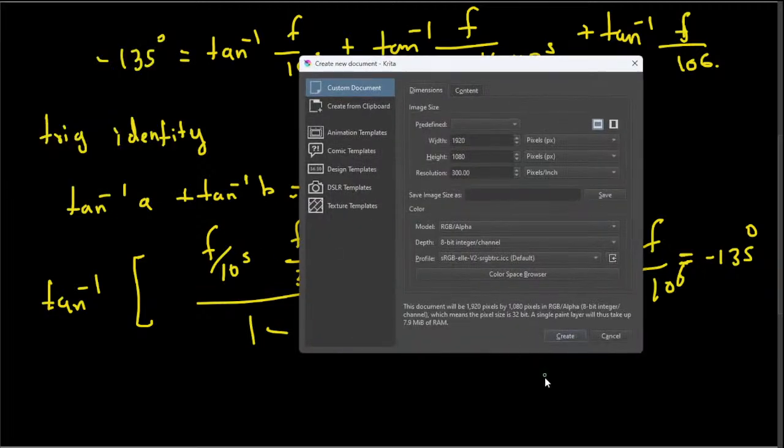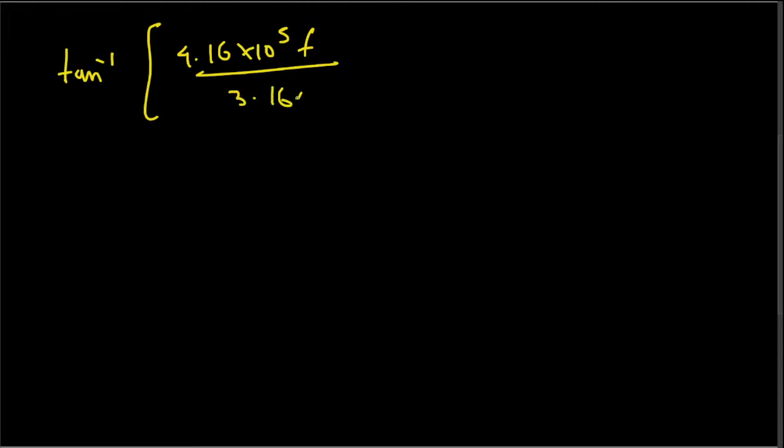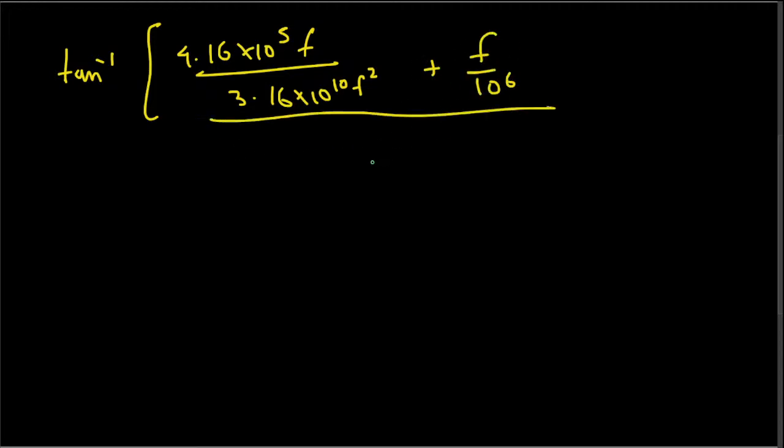Let's write it in the next page. So when you multiply and simplify, the expression becomes like this: tan inverse of 4.16 times 10 to the power of 5 f over 3.16 times 10 to the power of 10 minus f square plus f over 10 to the power of 6, divided by 1 minus 4.16 times 10 to the power of 5 over 3.16 times 10 to the power of 10